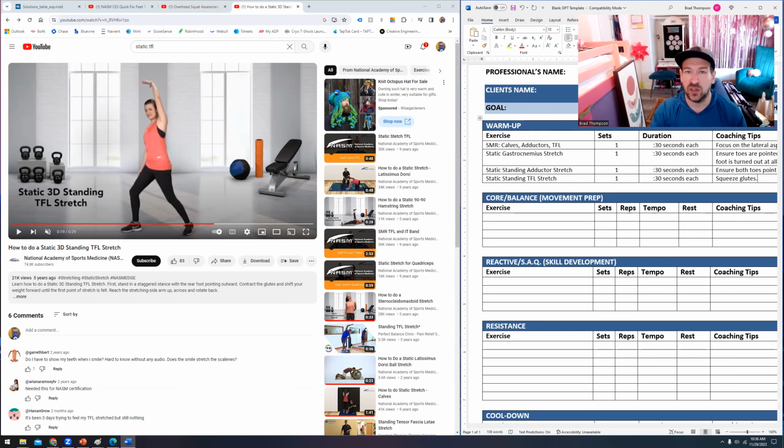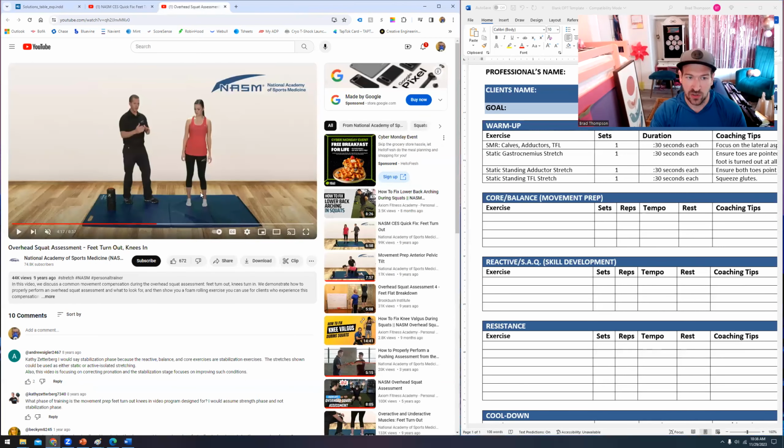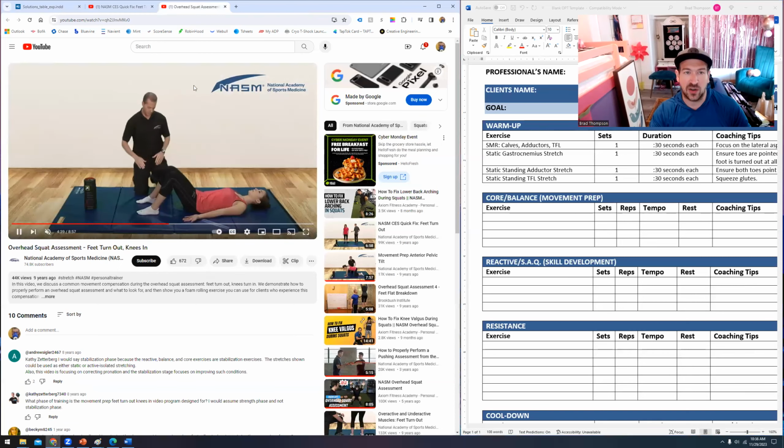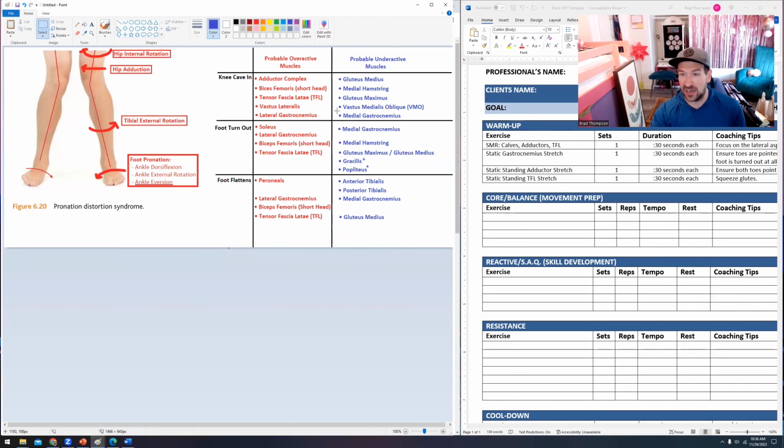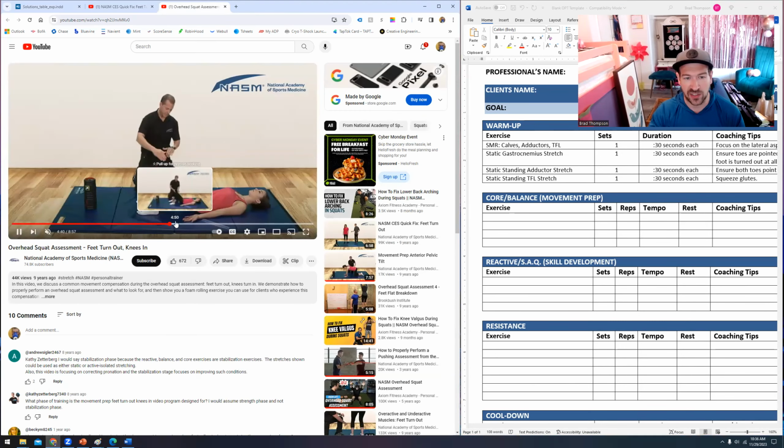And then we're going to go into the movement prep section. So now he's going to get into, okay, we have addressed the tight overactive stuff. We've loosened up most of this. We got some more on there. Like I said, I'm going to do an advanced program in a minute. Now we just need to get into the underactive stuff. So his first thing he's going to try to turn on